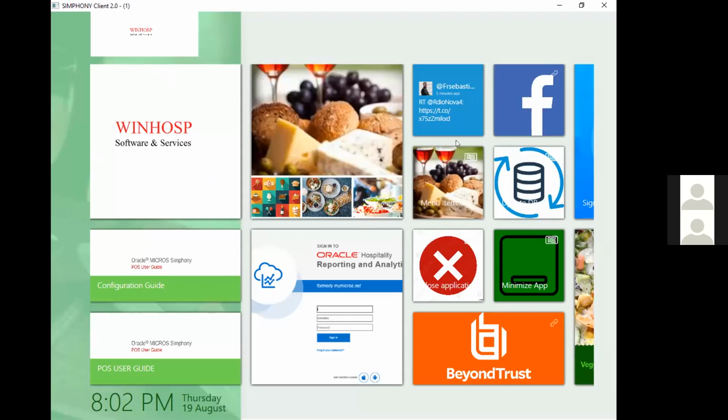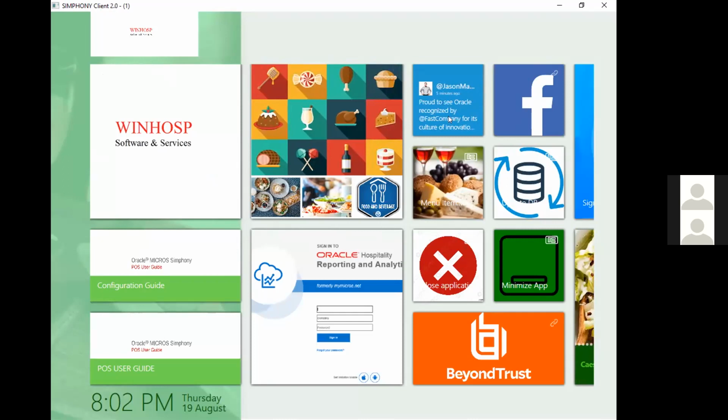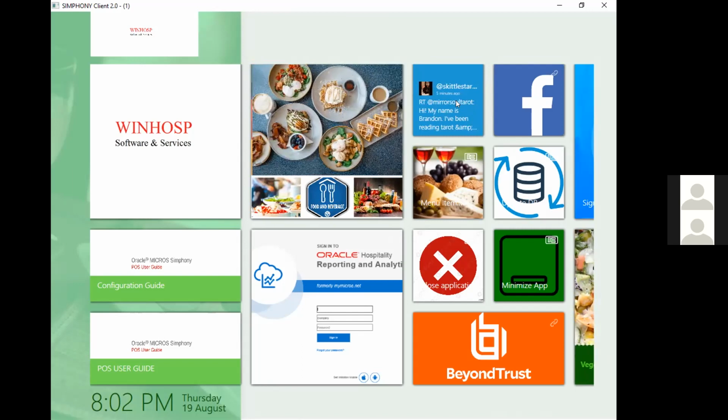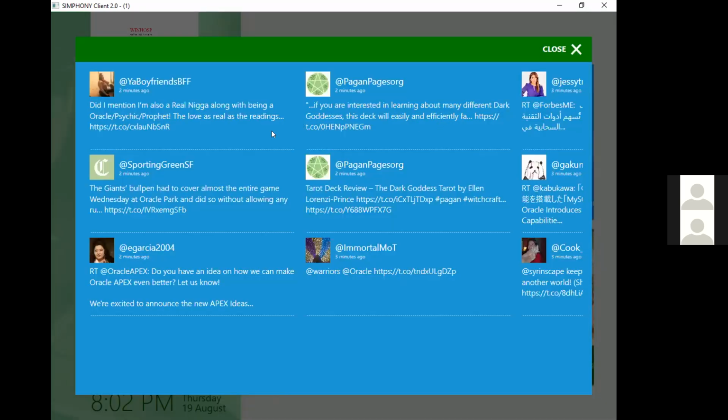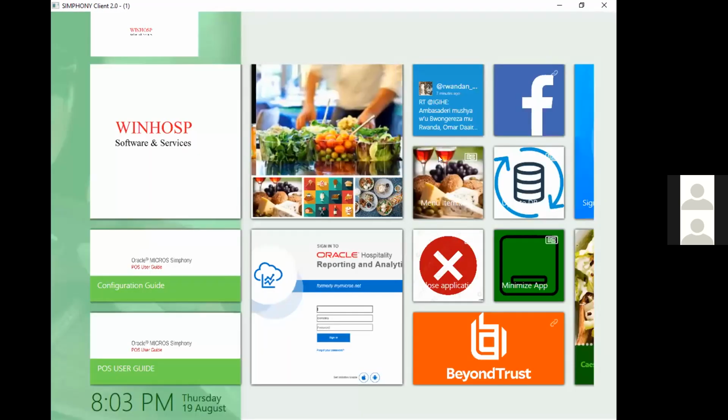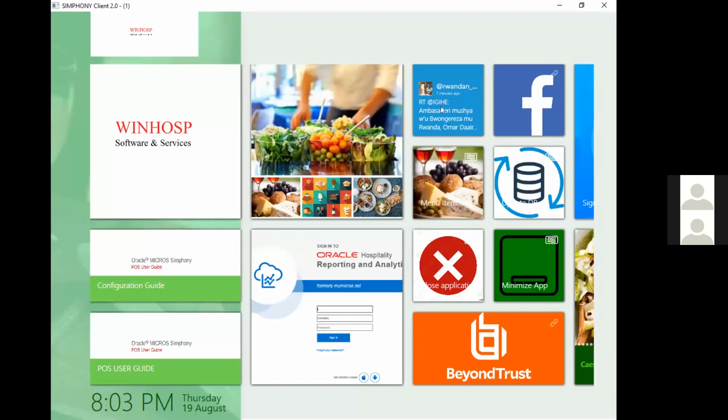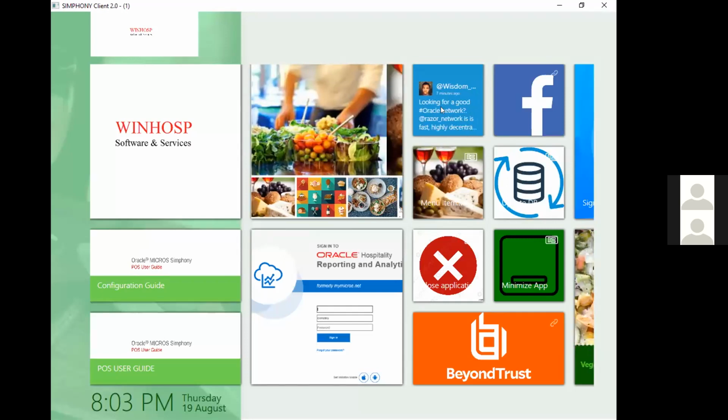Next, on the right side, this is the URL, or you can say the Twitter account. If your restaurant has a Twitter account, or if it is mentioned in the news anytime. Right now I have sent the query to Oracle, so it's using the Oracle query to show us the results. When it comes to your services, you can provide the hashtag of your service, and once you provide it in the backend configuration, all the tweets will appear here.